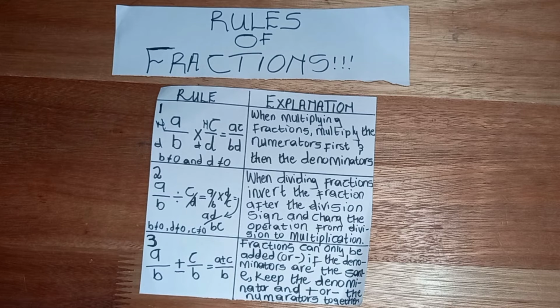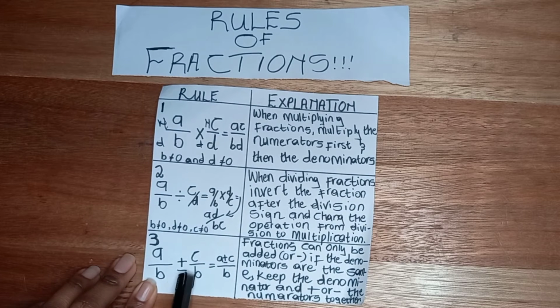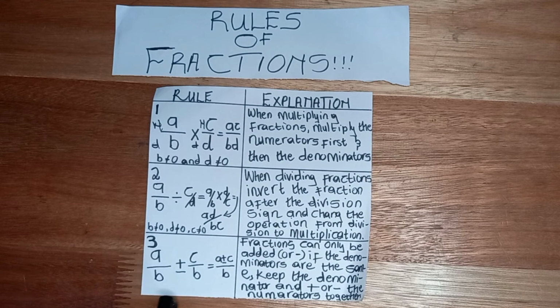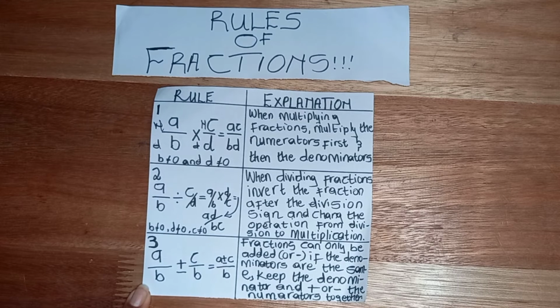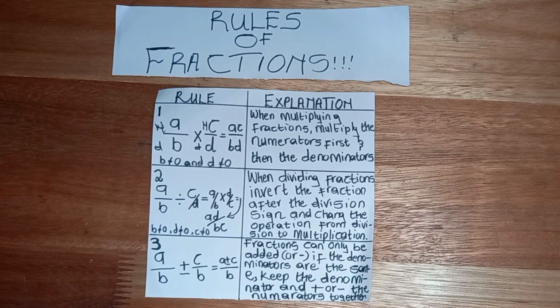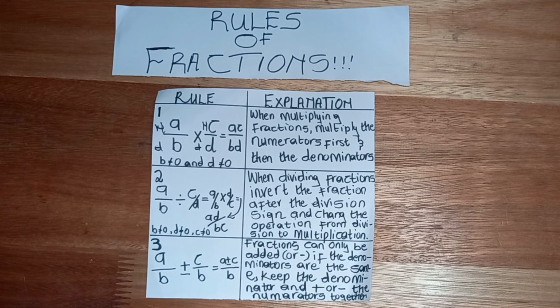So let's move on to rule number 3. So as you can see here, we are adding or subtracting. So this rule applies when you are adding or subtracting. So let's hear the explanation. Fractions can only be added or subtracted if the denominators are the same. So which are the denominators? The denominators are the numbers below